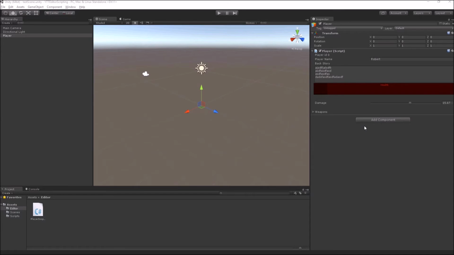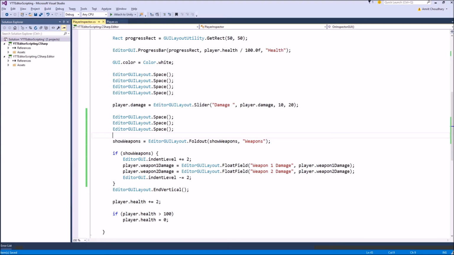Or if it's necessary to assign a game object in its field so that you don't get any null reference error while the game is playing, you can give an error message until the designer assigns a game object to its field. So we will now look at how you can add simple message boxes to your custom inspector.